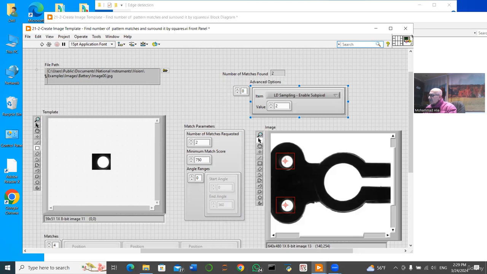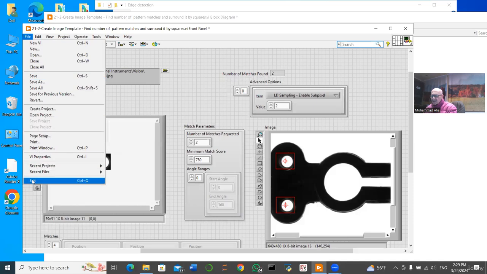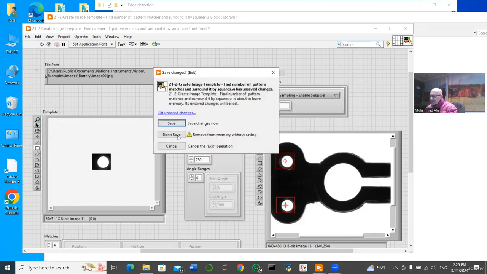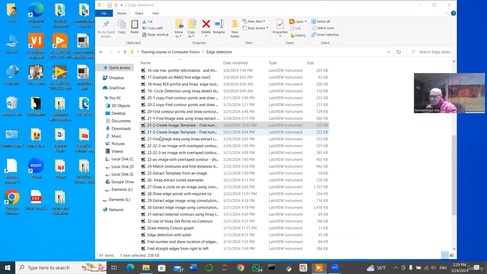Of course, other examples in real implementation are numerous. And of course, don't save, I don't want to save a new thing. Okay, now this is